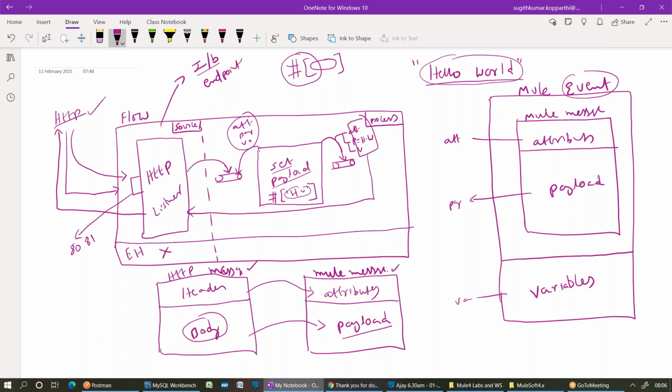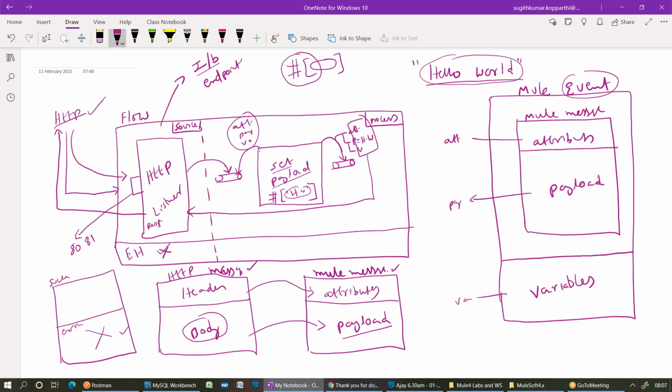In the HTTP listener, there is something called responses. The structure of the response is divided into two. If the flow is a success, there is a success response. If we have any exception at the flow level, there is an error response. We will not talk about the error response right now; when I talk about error handling, we will cover it. Assume that my flow is a success. At the end of the flow, the event is given back to the listener.